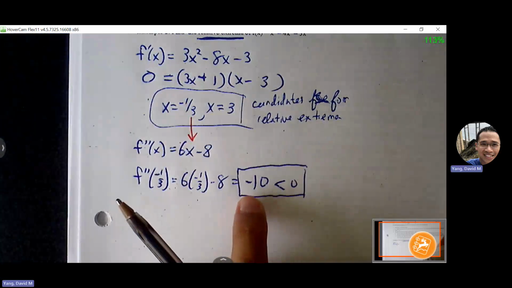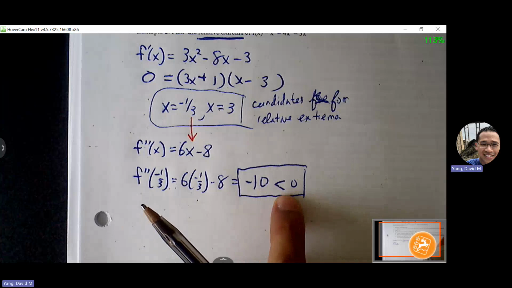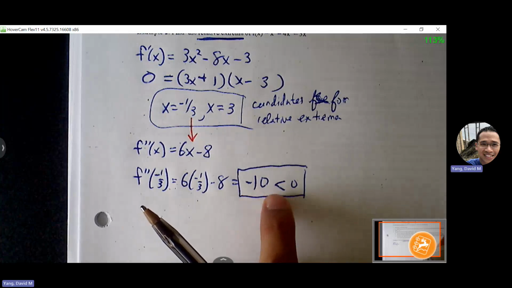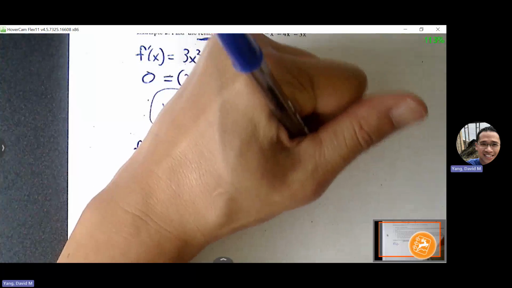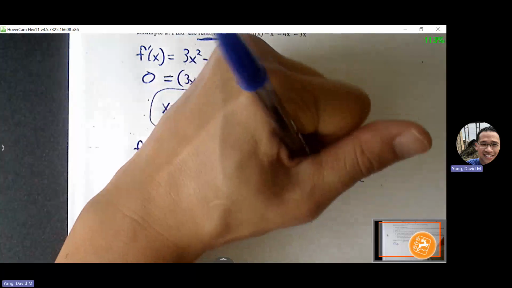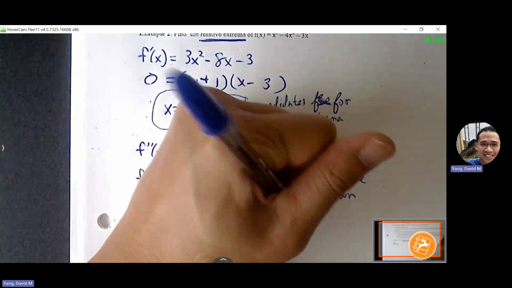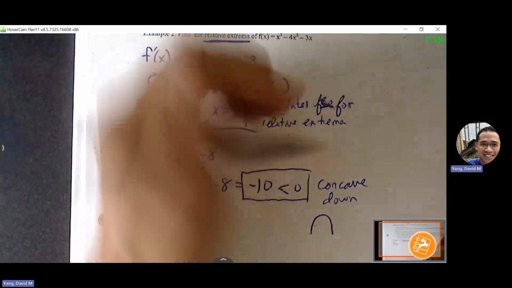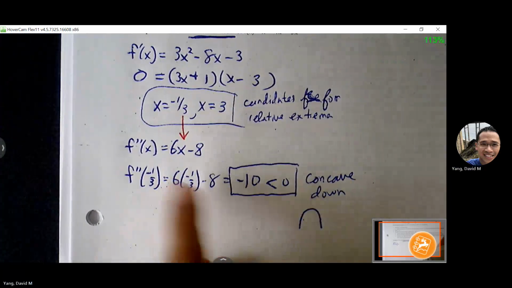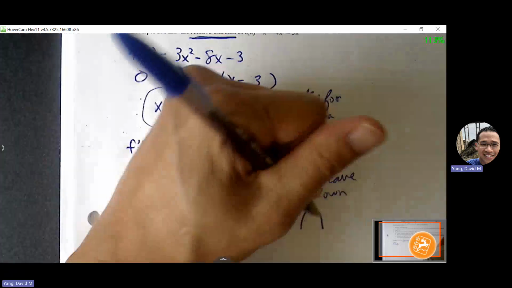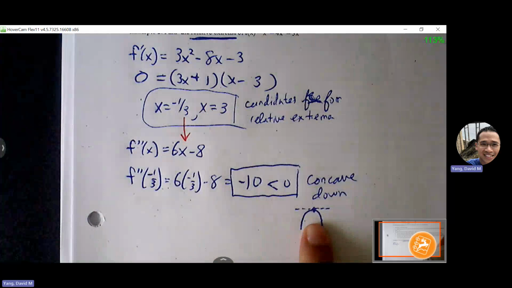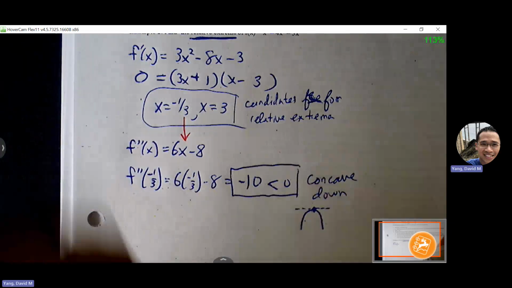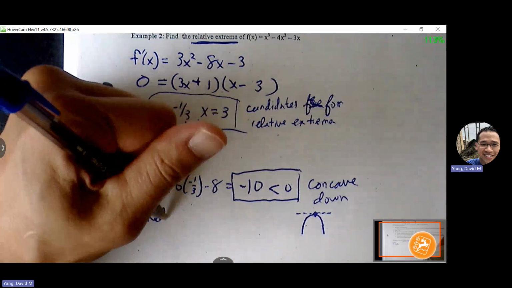conclusion. Now, I get a negative concavity or negative second derivative value. What does that mean? That means at this point, this graph is concave down. It helps if you can draw a picture of it and convince yourself the only place where I'm going to get a slope 0 and it be part of a concave down graph is if the point is a what? Relative max. So there it is. So relative max